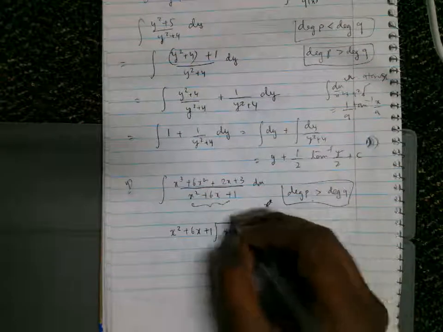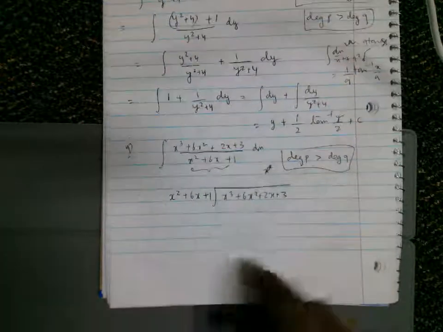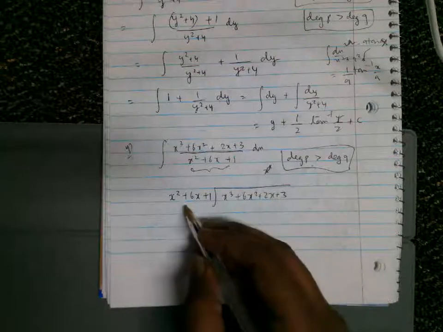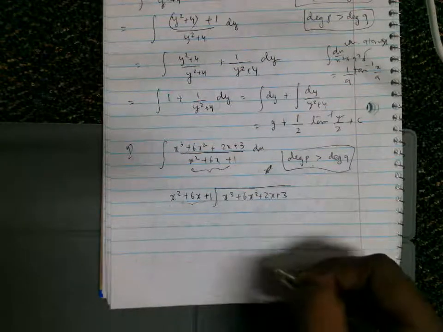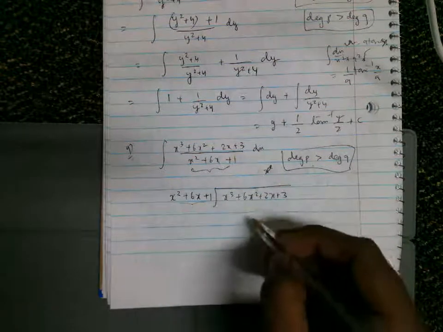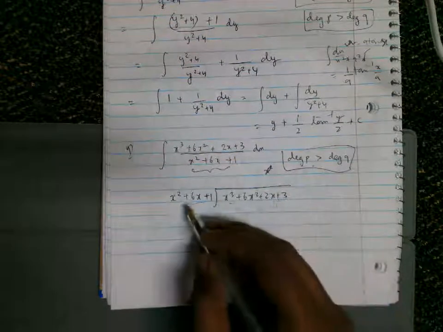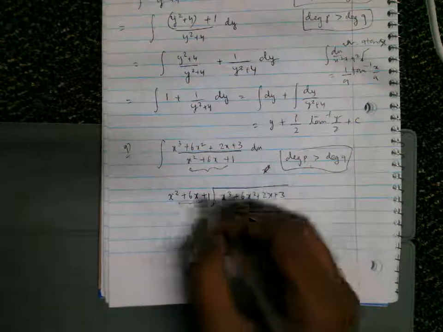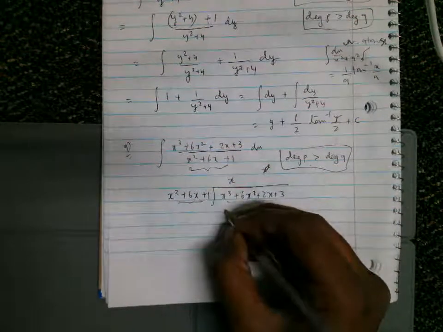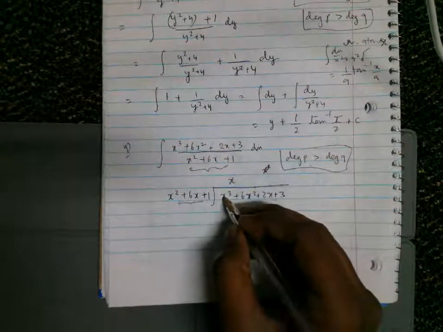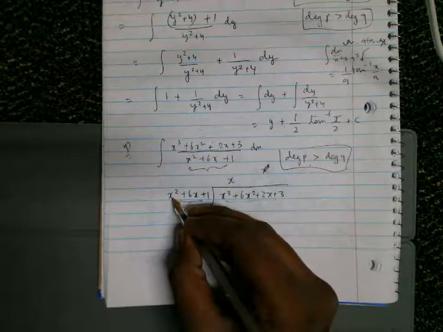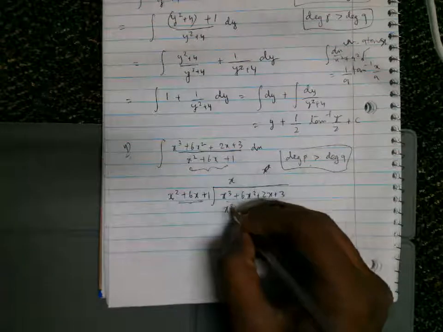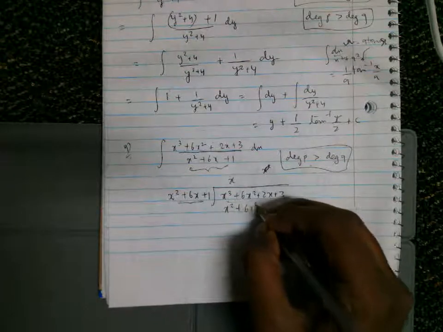and whatever appears here on the top is the quotient. If the degree of the remainder is less than the divisor's, then this will never divide. So then you can express this function in terms of this plus some remainder. What I'm trying to say is, if you multiply by x here, we get the power x cube, and we have x square in the divisor, so we need to multiply with x so that these two terms cancel out, and see what happens to the rest of them.